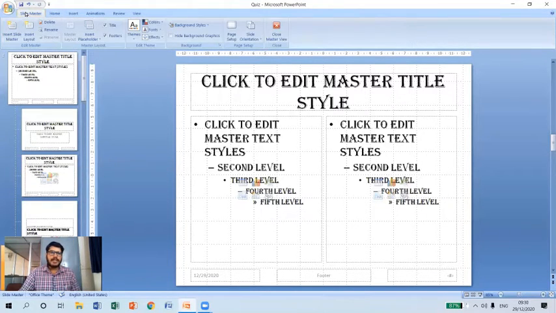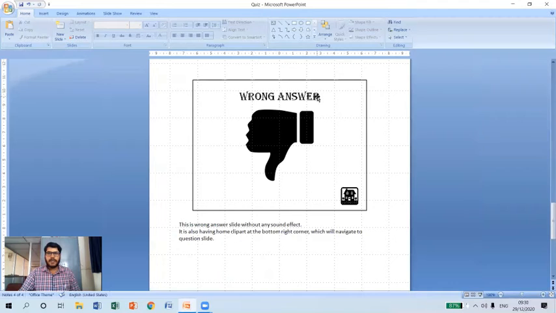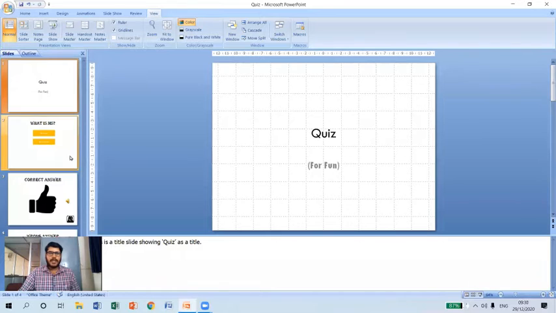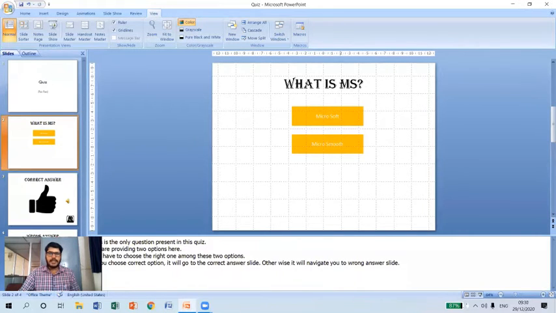After setting the master slide, now if I click on close master view, you can observe here in my presentation. Okay, let me go to normal view. So you can see here in a normal view, this is the title and this is the content. You can observe the title font style has been changed immediately. That is because of the settings which we have made in the master slide. Whatever the font style and size we are going to apply in master slide, that will be automatically updated to whatever slides we have prepared within a fraction of seconds.